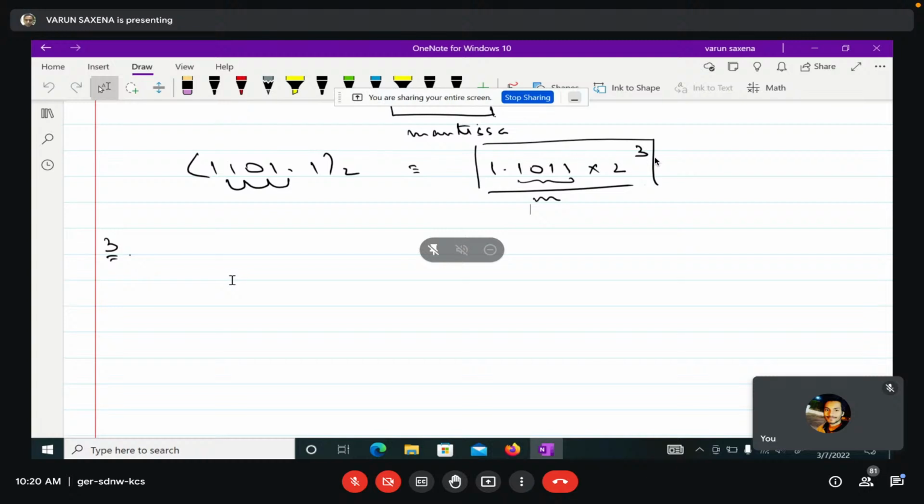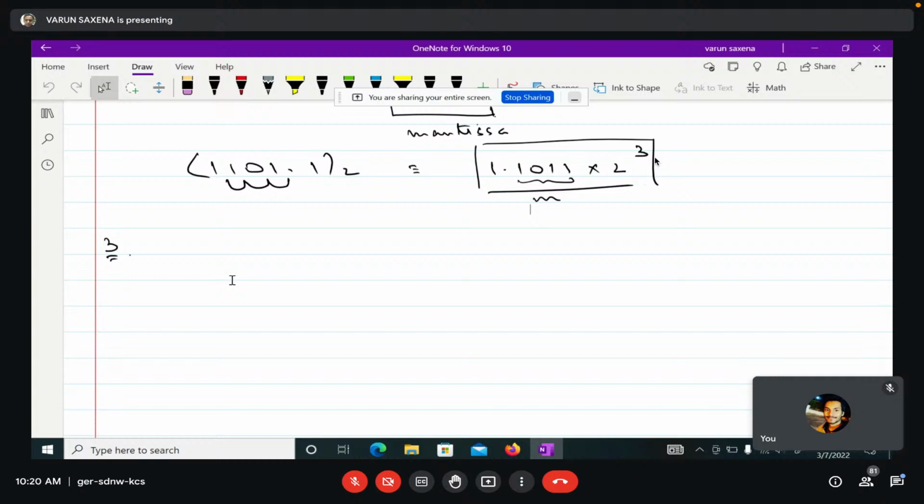So you would require 2 sign bits. One sign bit would tell whether the number itself is positive or negative. Then if the exponent is also negative, you would require another sign bit to show that. So to get rid of that, what they did was say, okay,